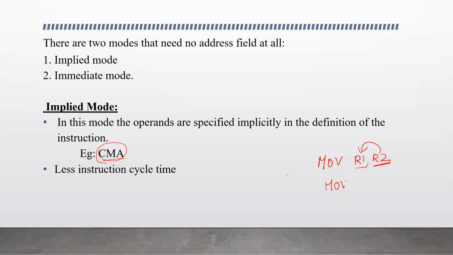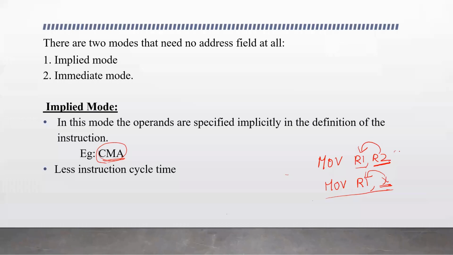And suppose the instruction is move R1, X, where X is the memory location. Here we need to access the memory first, and then the data at this particular location is moved to register R1. In these kinds of instructions, the instruction may have 2 or 3 address or 1 address. But register access is there even when there is no address. Here the accumulator is accessed, which is inside the CPU only.